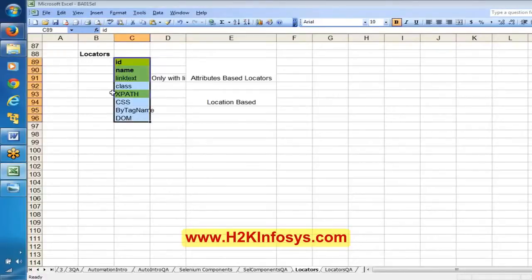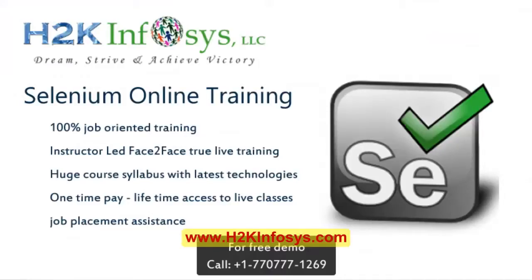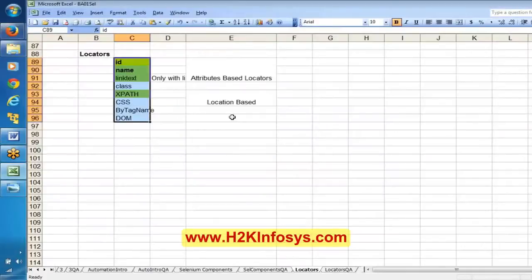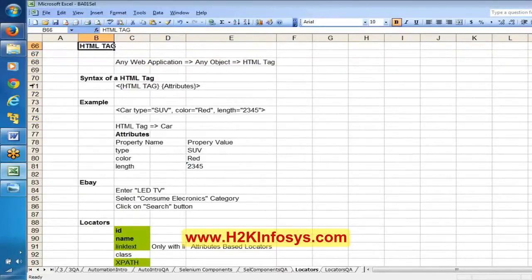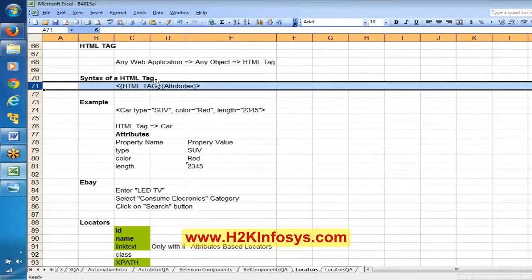These are called locators, and these locators are basically derived from whatever we have been discussing, this HTML tag and attributes. Even this XPath, CSS, by tag name, DOM, class, all these, whatever locator you want to build, is going to be built on the HTML syntax that we have understood. Based on this we can build anything.